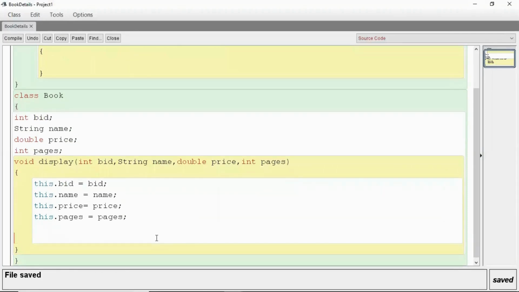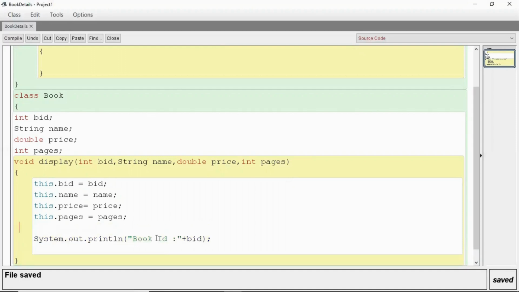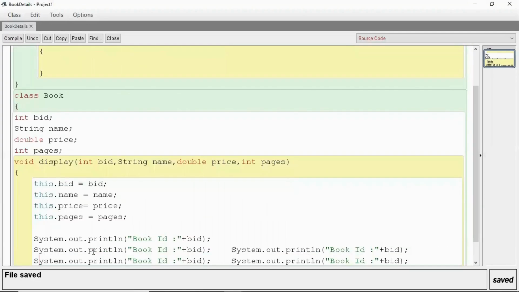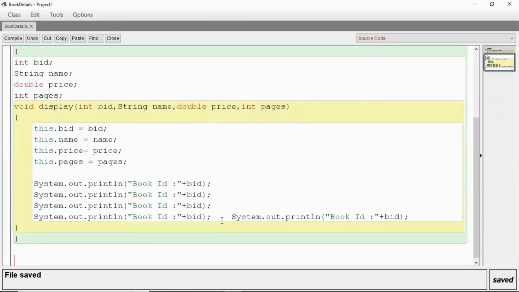Now because I have created this method as a display method, I'm just going to print the details. So I'm taking System.out.println, and first of all the book ID. For book ID I will just take bid. Bid was a variable name, so we have taken that. This way we can just print everything.